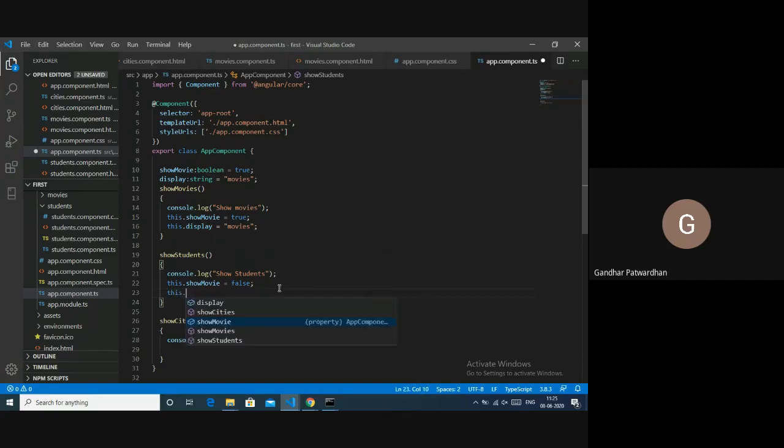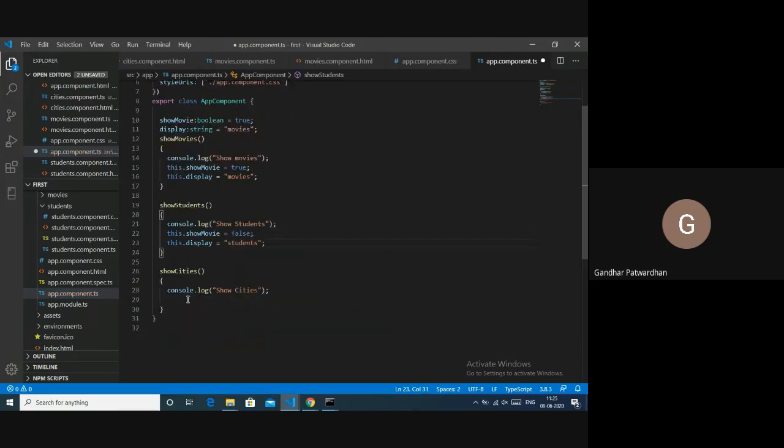It will say this dot display equals to students. And in case of show cities, what will I say? I will say this dot display equals to cities.